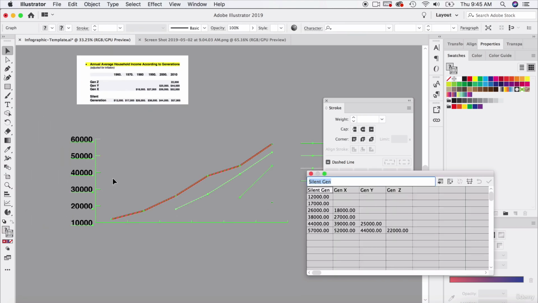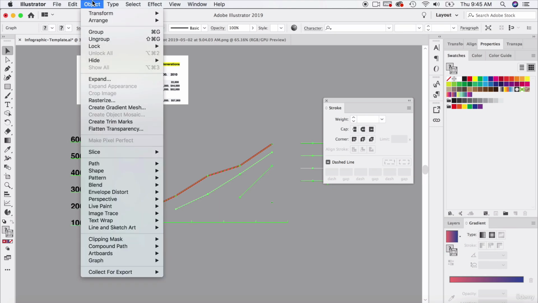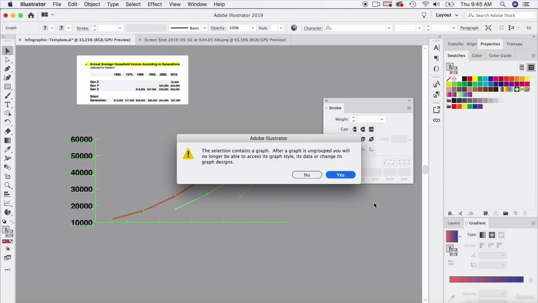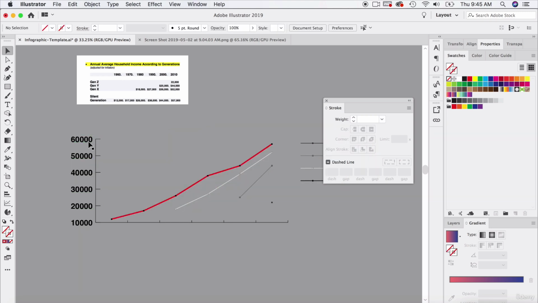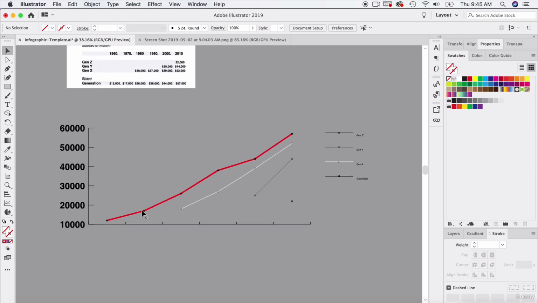So I'm going to go ahead and ungroup this and no longer make it editable. So I'm going to go up to Object. I'm going to go ahead and select our graph first. Let's go ahead and close this. Go to Object, Ungroup, and I'm going to say yes, that's fine. And so now I have them just as individual objects, and now we can really play around graphically with how